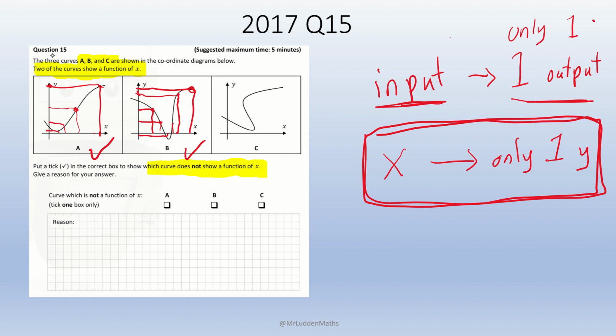If I went, I'm trying to pick the best spot. If I went here, and drew a line straight up from this point on the x-axis, it would hit the graph here. So it would have one value of y. It would also hit it here, two values of y, and it would also hit it here. Which would mean that for this one input, I'm going to have 1, 2, 3 outputs. Now we know that for every input you can only have one output, so C here is going to be our answer. And the reason, make sure to give a reason,